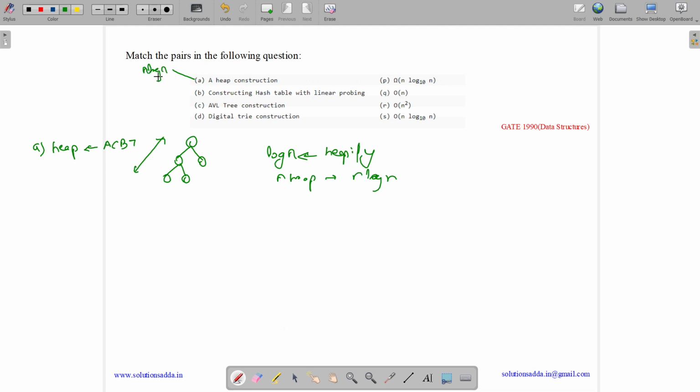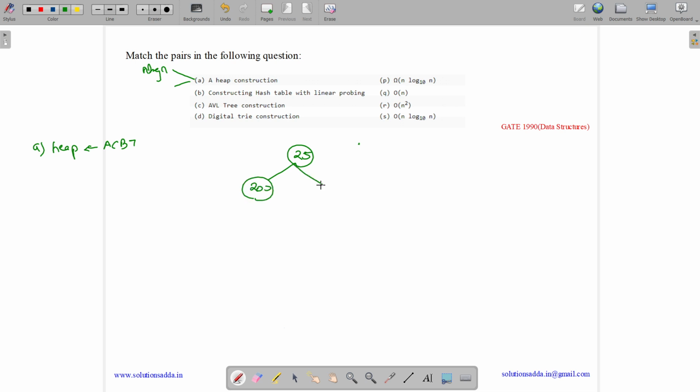But we have another method to do it. A heap construction can be done by the build heap method. I will tell you the build heap method. Suppose we have a heap like this: 25, 200. We will first initially make the tree, which can be done in constant time, as we will keep it in the array itself. So let us suppose we have the nodes like this: 80, 90, over here 100,